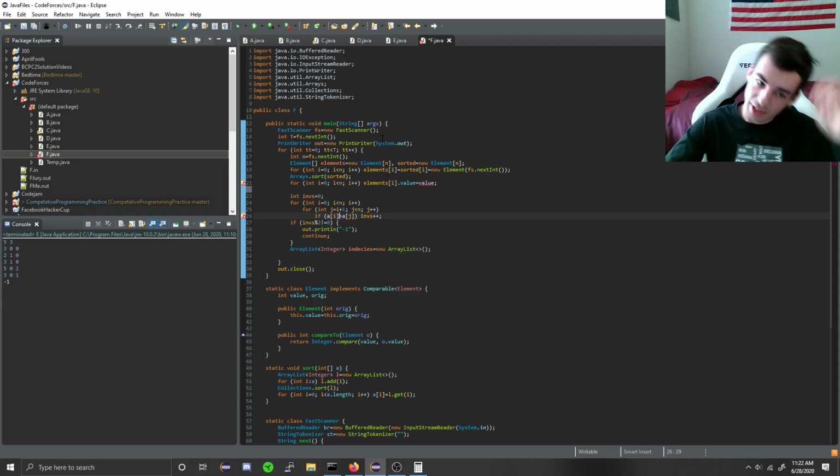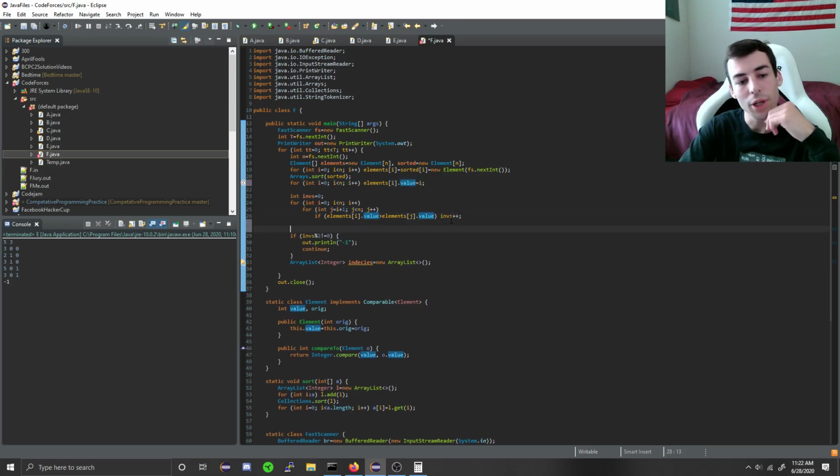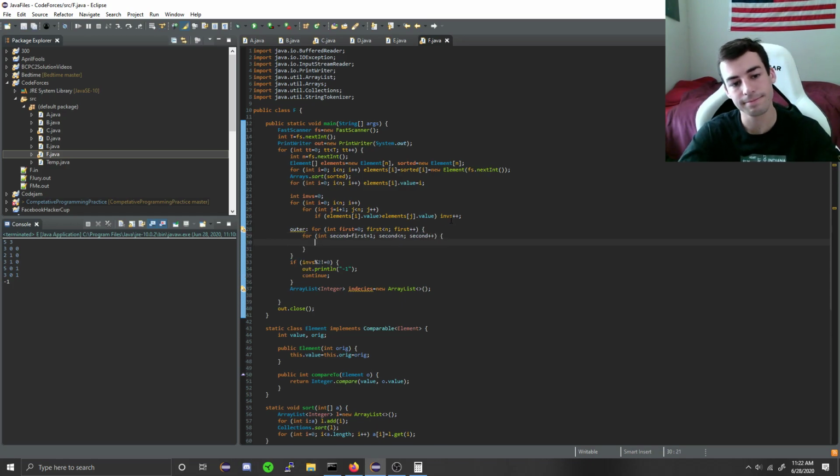Alright, so now we have all of these things. So if elements at i is an element, so if this one dot value is less than this one dot value, then it is i. So if this first one is bigger than the second one, then increase the number of inversions. Okay. So now we have counted the number of inversions, but we might be able to fix this by swapping too. So if elements at first dot